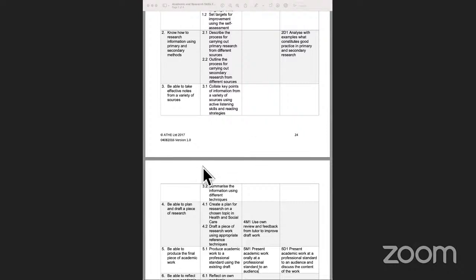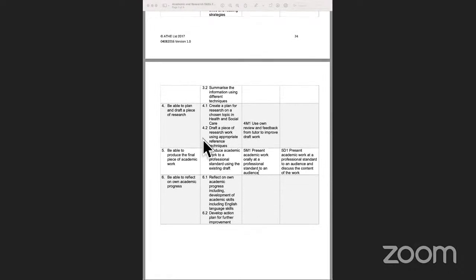Those tend to be the 2 methods through which we could do note-taking. Then we went across to learning outcome 4, in which we were looking at what we have learned so far in terms of understanding primary research and secondary research. The idea here was to put together a proposal in terms of what kind of research you would do in the health and social care sector. And in learning outcome 4, we are primarily focused on